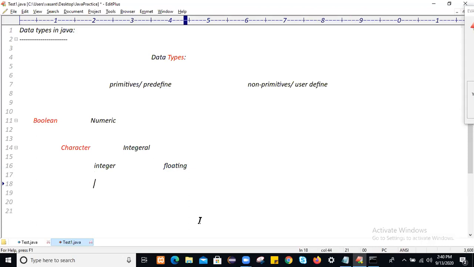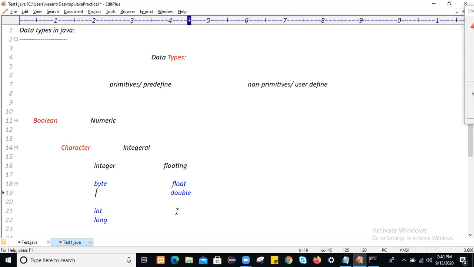The integer type we have byte, short, int, and long. What are the floating type data types we have? The floating type we have float and double. These are the two types of floating type data type.